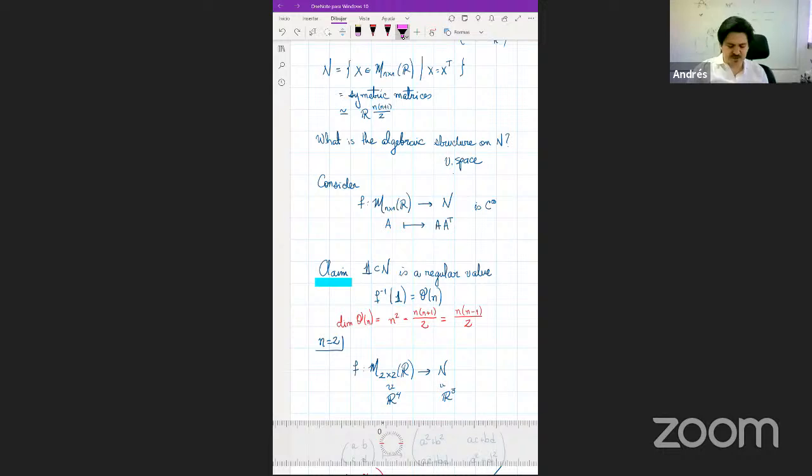So for n equals 2, what we got was some dimension one, right? Okay, so